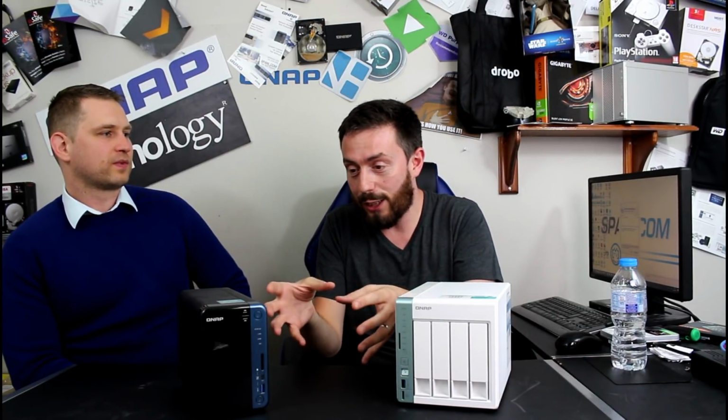But my one complaint about it, I'm sorry to slag off QNAP, is why are you still producing unmanaged switches? When your NASs have what I would arguably say is the best switch and network management user interface and tool any NAS provider has. Not a single NAS provider, and I am including Netgear with this, has a better application than their network and virtual switch application. Exactly. It's incredible. It's so versatile. So why on earth can they not just go...